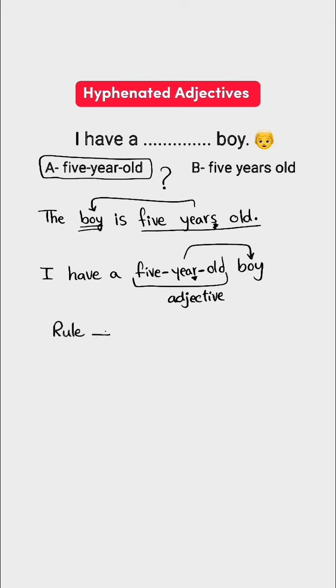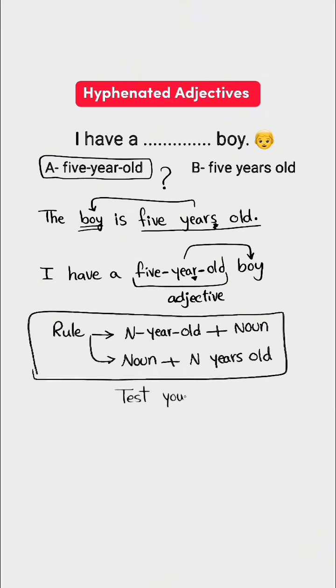So here's the rule. Number, year, old plus noun. The noun comes after it. But if the noun comes first, so noun plus number, years, old. Now test yourself. I own a blank